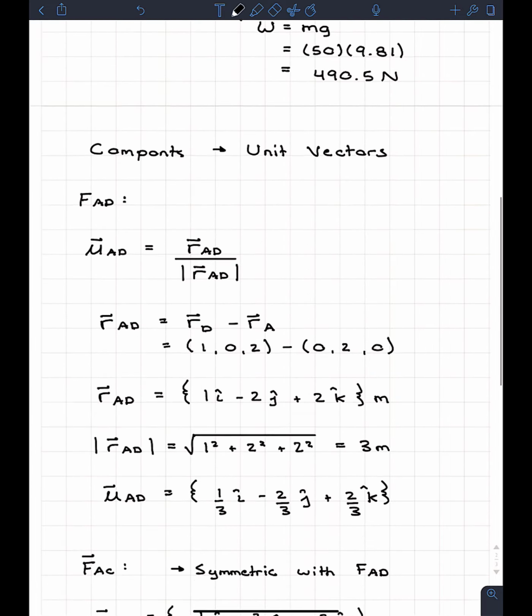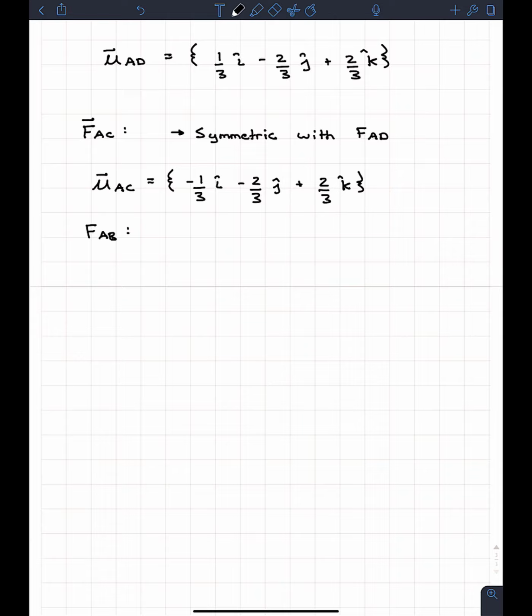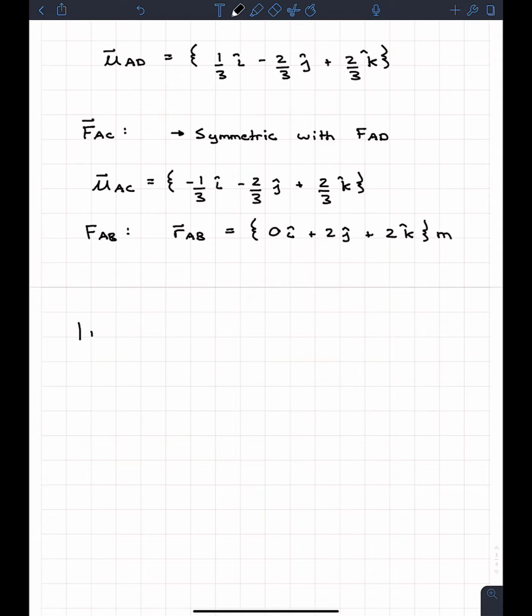And we do the same thing that we did before. So we're going to want to find RAB, which goes from coordinates A to coordinates B. What we're going to do, if we find that out, is we see that it's going to be 0I plus 2J plus 2K, in units of meters. And what we can do is we're going to find the magnitude, RAB,